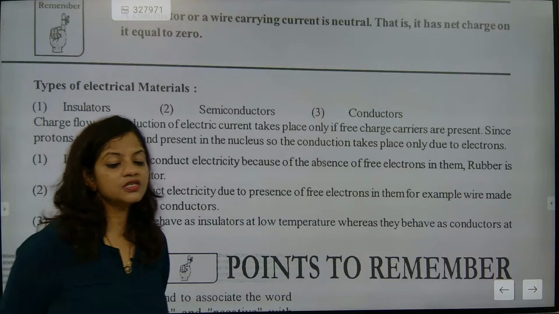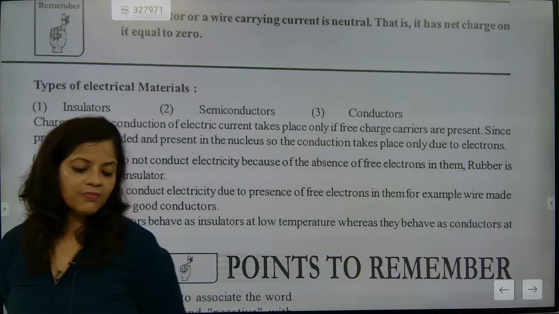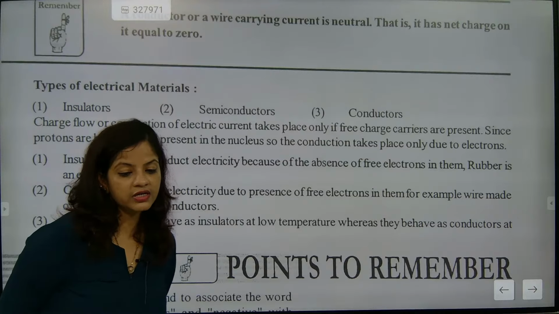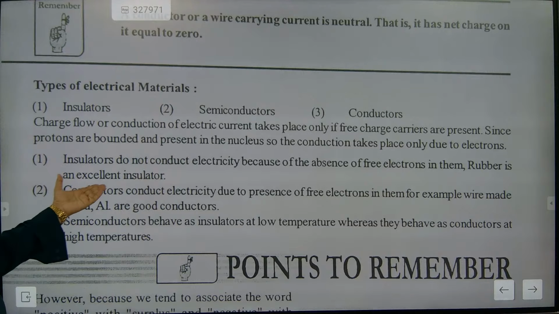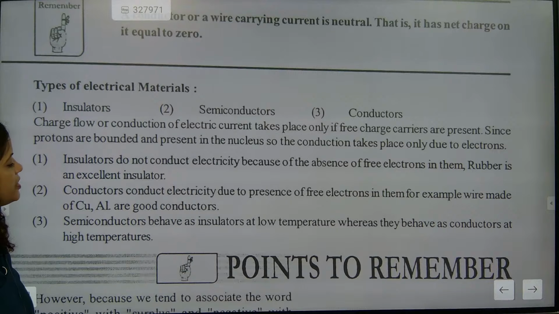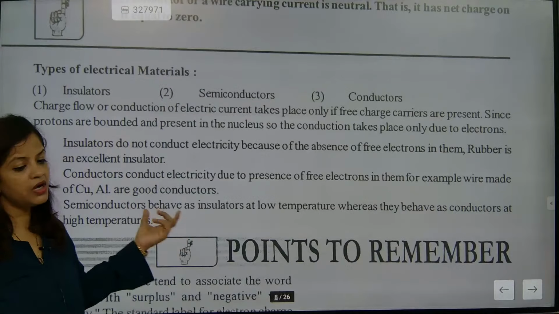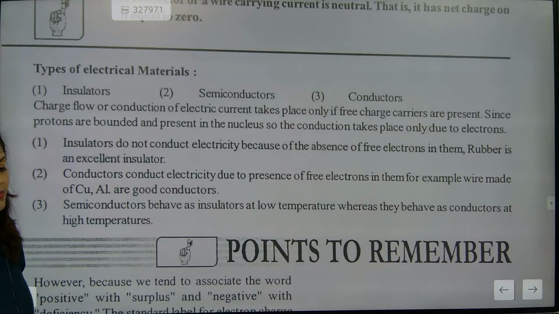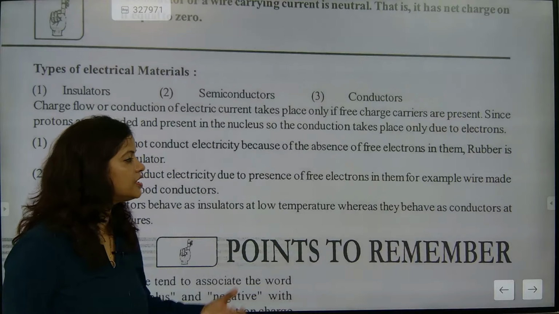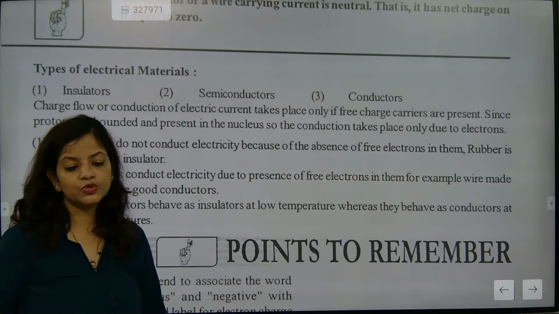But beta, the ones considered semiconductors are between insulators and conductors. So their conducting power is weaker compared to that of conductors. Understood? Insulators do not have free electrons, so rubber is an excellent insulator. Okay. Now the next part is semiconductors. Note down, this is the most important part. Semiconductors will behave as insulators at low temperature, but they will behave as conductors at high temperature. This is the most important part.